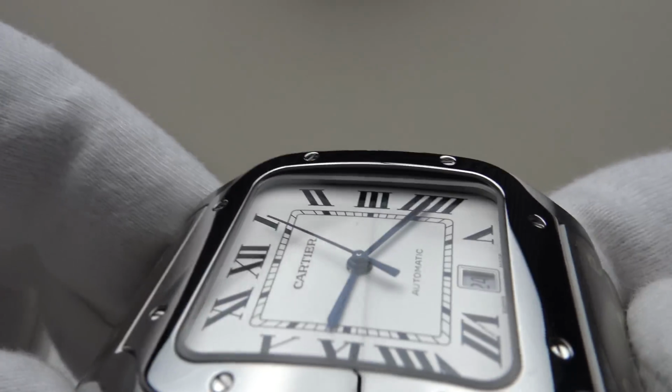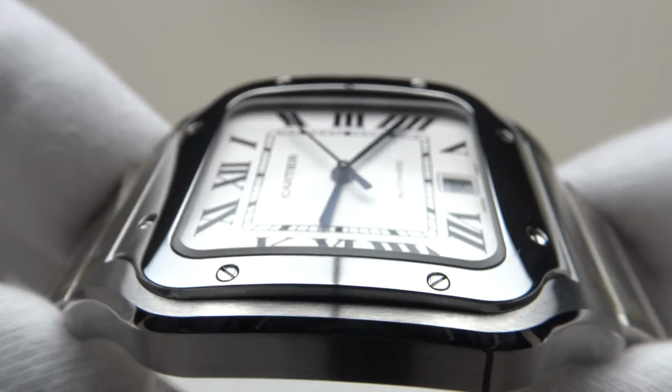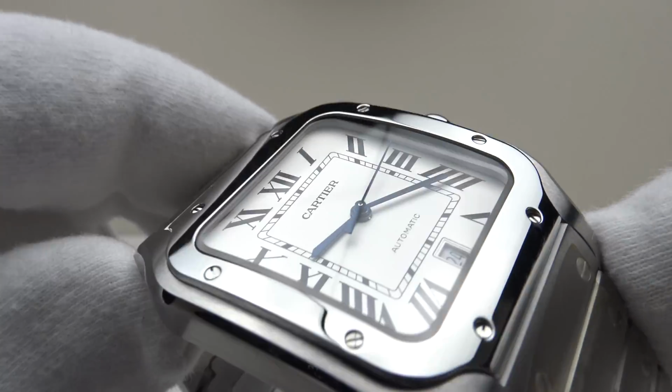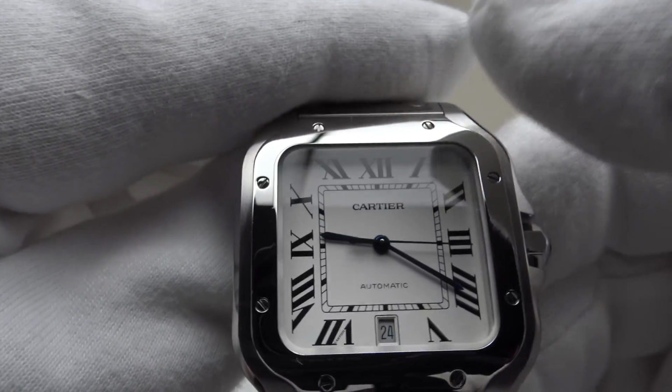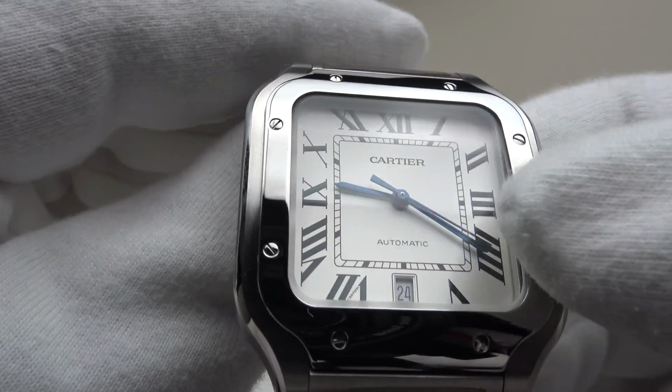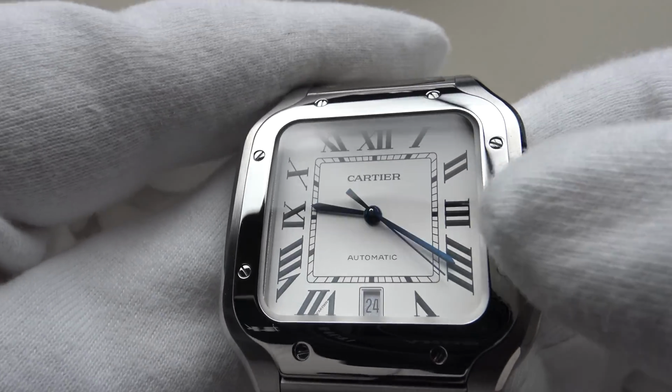As you can see, rather than being flat or double domed, it has a curved profile which matches the head of the piece, and it's just incredibly low profile. It's gorgeous to look at, and it has clear AR coating on the underside, which is highly effective. The silver dial has an opal finish to it, which is just absolutely sublime to look at, and I like